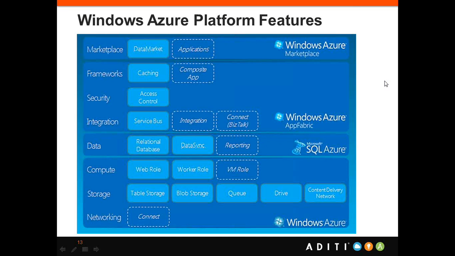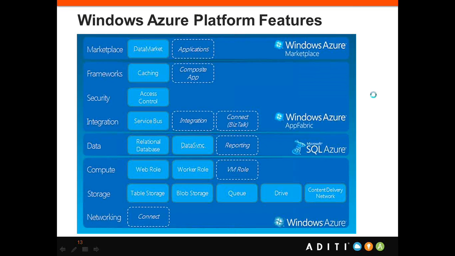So if you look at this platform, it has everything, right from your networking component to a place where you can buy and sell your applications. That is the richness of the Windows Azure platform as such. And there are a lot of features, like, as I said, integration. If you see connect, desktop, there is something which Microsoft is working on. Probably very soon we'll see a desktop kind of service available within the Windows Azure platform. We have something called composite application. So it is very easy to add new features, very easy for application developers to consume it quickly. So that is the richness of this Windows Azure platform.